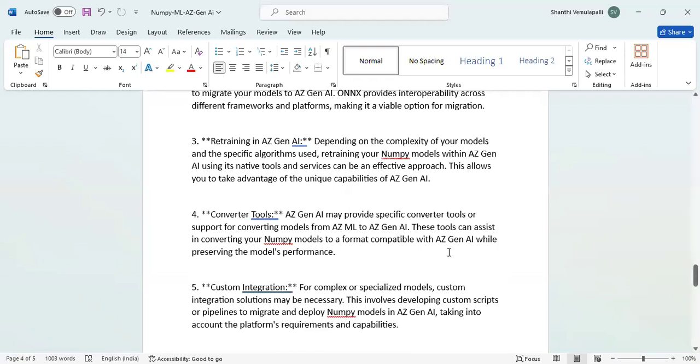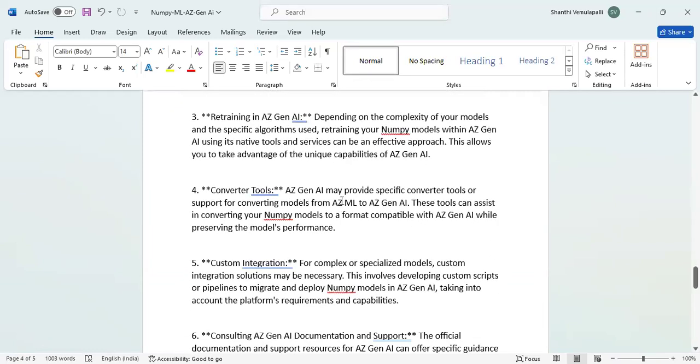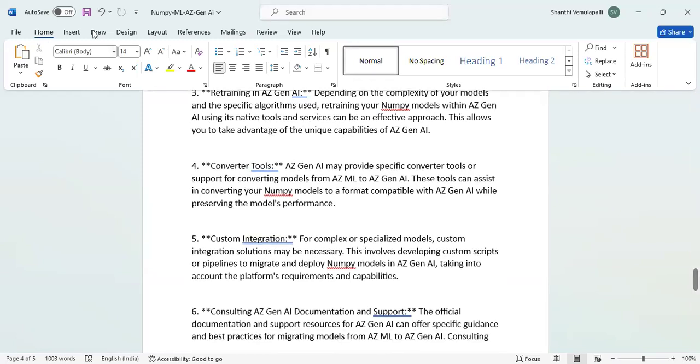Okay. Then the converter tool, how is it? Azure Gen AI may provide specific converter tools or support for converting models from AzureML to Azure generative AI. These tools can assist in converting your NumPy models to a format compatible with generative AI while preserving the model's performance.